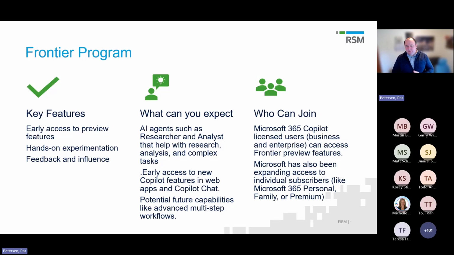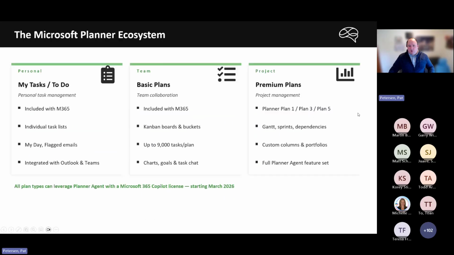And so keep in mind some of those pieces. If I'm showing something, your environment may not quite have that feature available for it. But again, you as an organization can go ahead and join the Frontier program. So with that, as we take a look and talk about Planner overall,